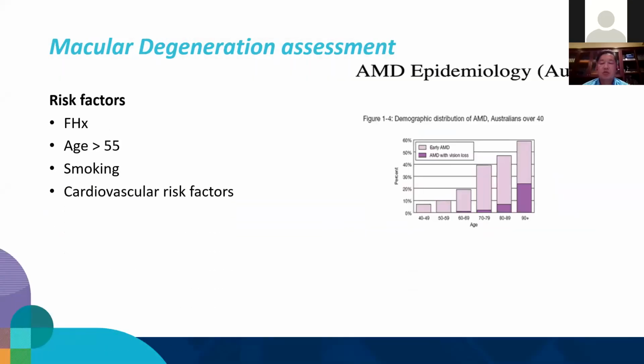Again, one of these things which occurs commonly as you get older. There may be a family history. And the wet form is more common in patients who have been smoking, either currently or in the past and actually has stopped. And there's a lot of other papers to show that patients with cardiovascular risk factors are at more risk of developing the wet form of macular degeneration. And this study here shows, in Australia, you can see that the older you get, the more macular degeneration that we see.